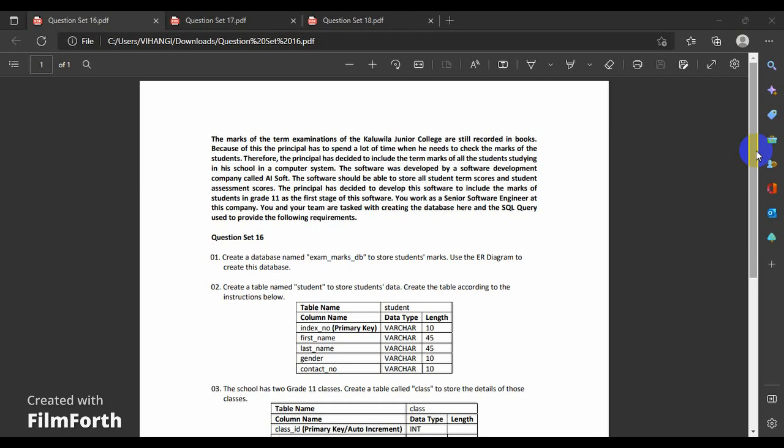in a computer system. The software was developed by a software development company called AI Soft. The software should be able to store all student term scores and student assessment scores. The principal has decided to develop this software to include the marks of a student in grade 11 as the first stage of this software. You work as a senior software engineer at this company. You and your team are tasked with creating the database here and the SQL query used to provide the following requirements. So that's the question, and